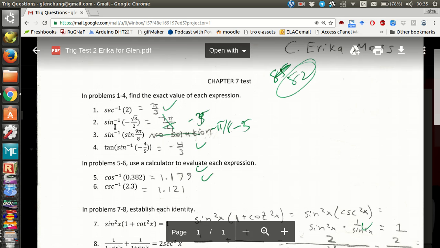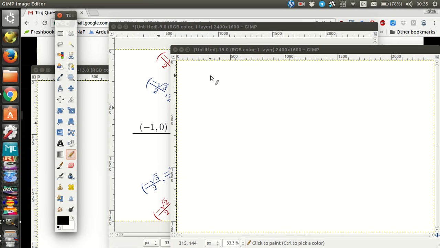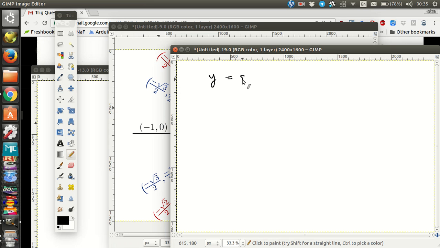This is the arc sine of negative root 3 over 2. And remember, this means, usually you think of trig functions like this, but the arc sine is the inverse, meaning we just switch the x for the y, and we solve for the y. So to solve for the y, you do some mysterious function which would be the opposite of sine,